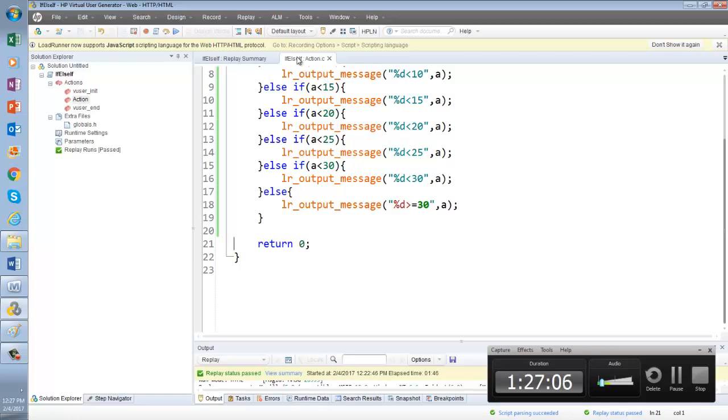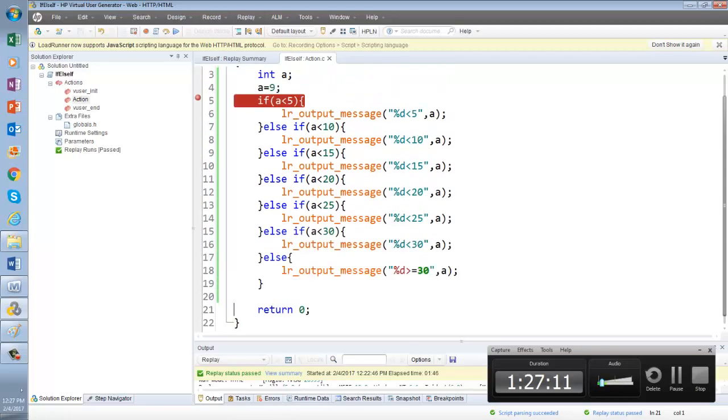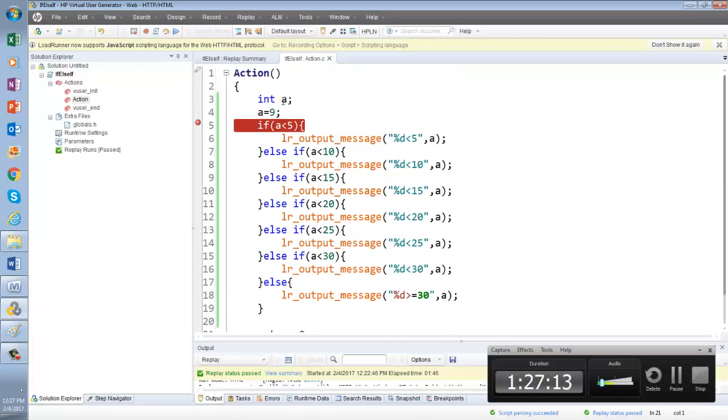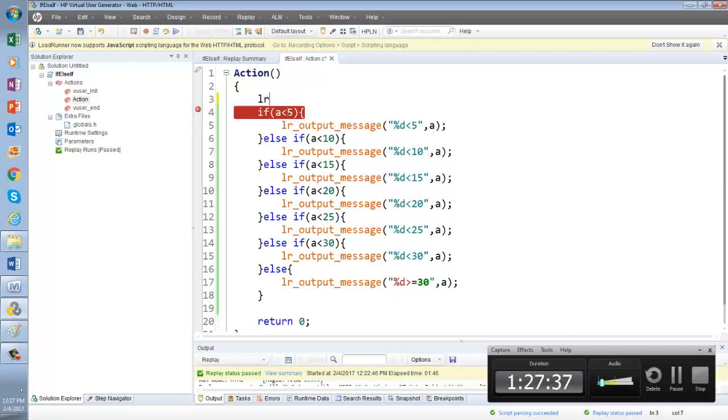Alright, a lot of the time when you are testing with LoadRunner, the value that we have here, we have used an integer variable. But when you are reading a value from the application, you will get it as a parameter. So we don't actually know what is inside. You will get it as a parameter, and you will have to decide. Let's say you get it in that way, with lr_save_string.